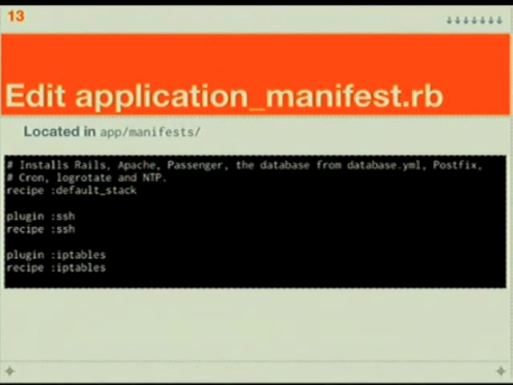It'll install and configure postfix, cron, logrotate, NTP. And then you tell it any plugins and recipes that you want to add on to that. So we've got our SSH and our IP tables plugins and recipes, which will configure SSH. Set the port that you specified in the Moonshine.yml. And if you have any, you can give it custom IP tables rules, but by default it uses a really sensible